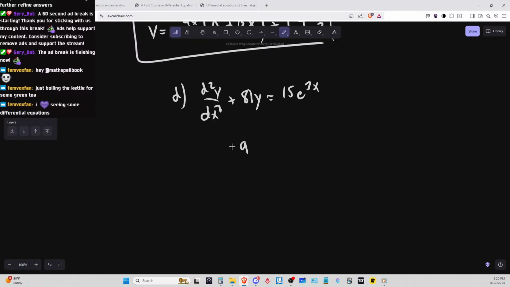So it will be 9 plus m squared, which means, ooh, this one's gonna be imaginary. Yeah, this is definitely gonna be imaginary. So it's gonna be m plus or minus 3i. So in that case, we don't have a real part, so we're gonna be left with a plus cosine x plus b sine